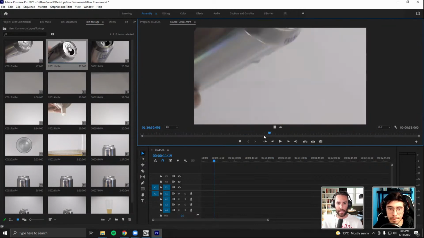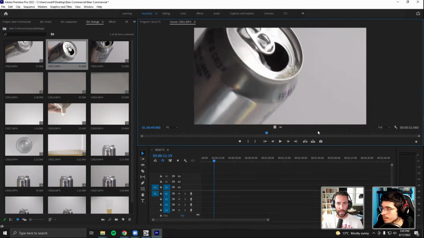And this is a little time consuming, but the more you do it, obviously you've been doing it a long time, and the more you are in Premiere, having shot it all, it goes by a lot quicker. It's more efficient, sure, and then you can really start getting into the edit.